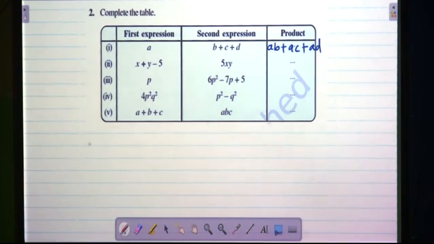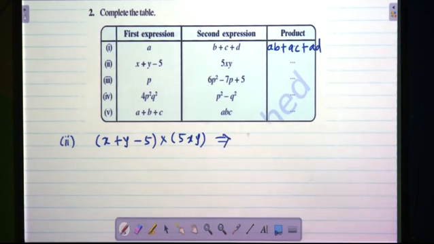What is the second sum? In the second sum, the first expression is x plus y minus 5, and the second expression is 5xy. This can be written as 5xy into x plus y minus 5, referring to which law? Commutative law or the commutative property. Okay. So the solution is